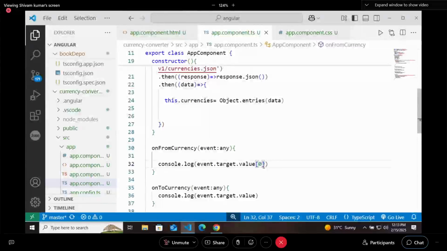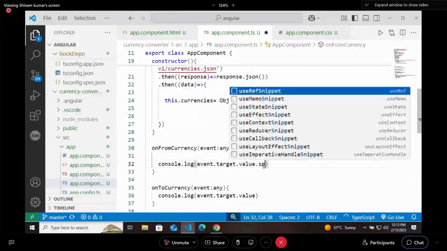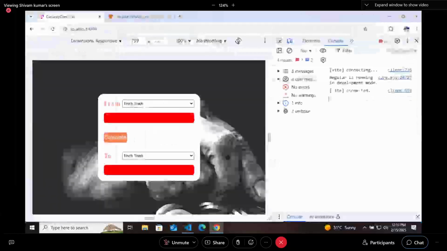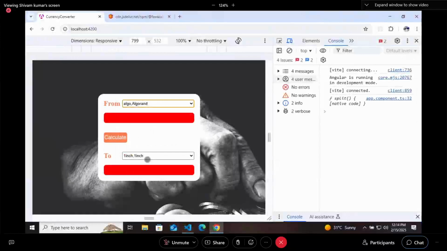Values dot split. If we are saying values dot split directly, then indexing, you know what will be the result here? This will be the result.